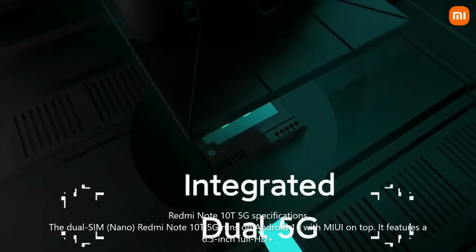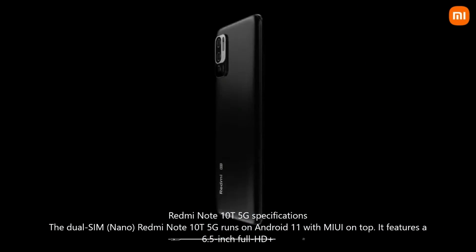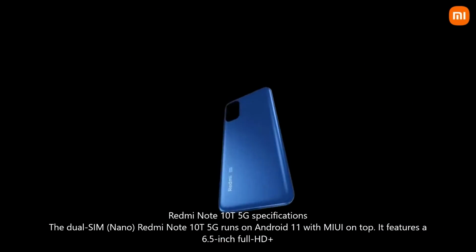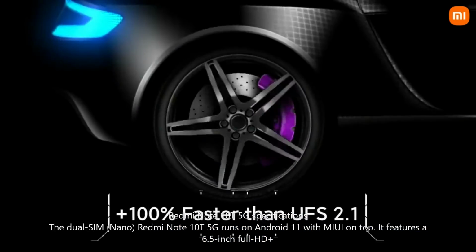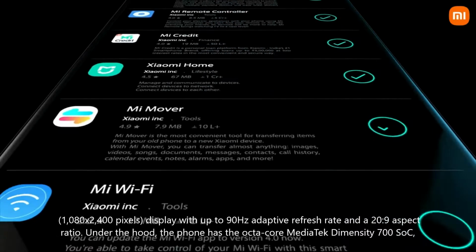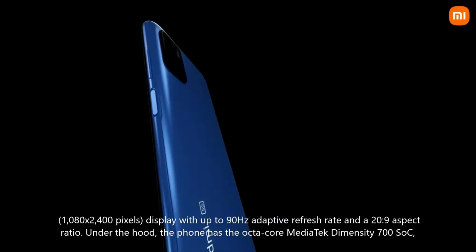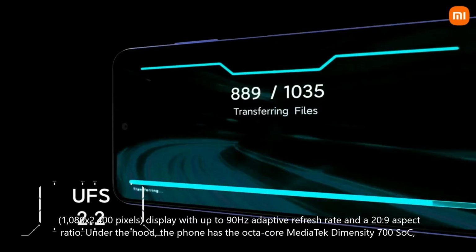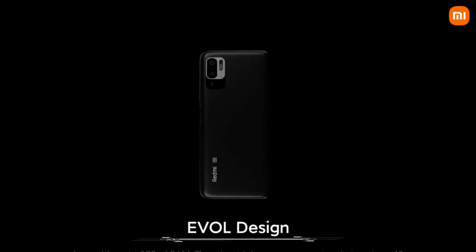Redmi Note 10T 5G specifications. The dual SIM, Nano, Redmi Note 10T 5G runs on Android 11 with MIUI on top. It features a 6.5-inch Full HD Plus, 1080 by 2400 pixels, display with up to 90Hz adaptive refresh rate and a 20:9 aspect ratio. Under the hood, the phone has the octa-core MediaTek Dimensity 700 SoC, along with up to